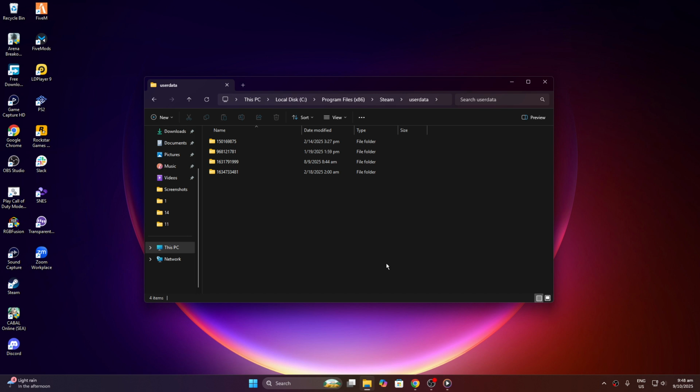I hope you found this guide helpful in steering you through the back end of Steam's file management. Understanding how to navigate these directories empowers you to troubleshoot, backup crucial files, or customize your gaming